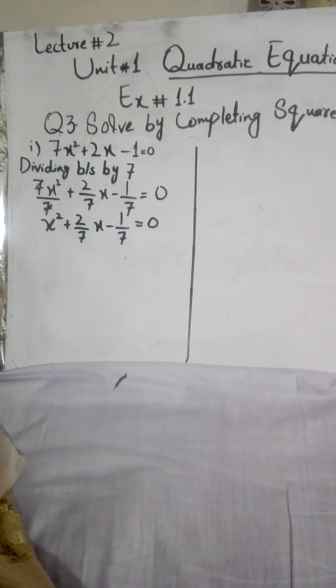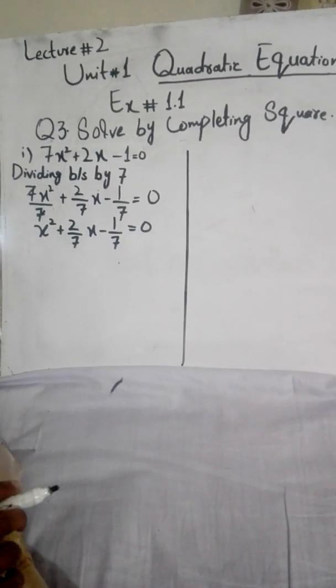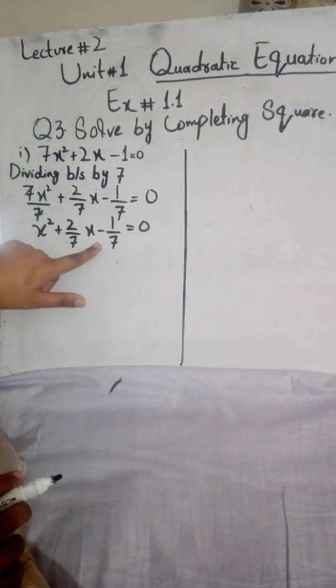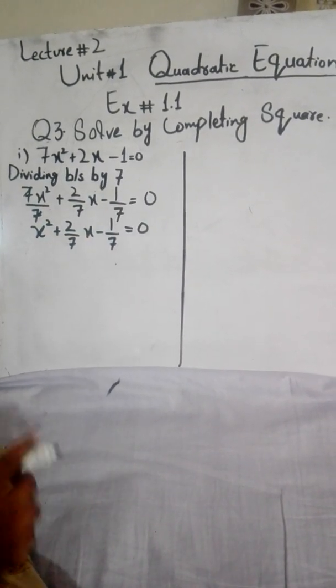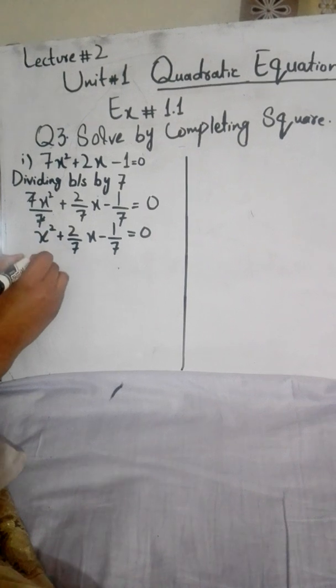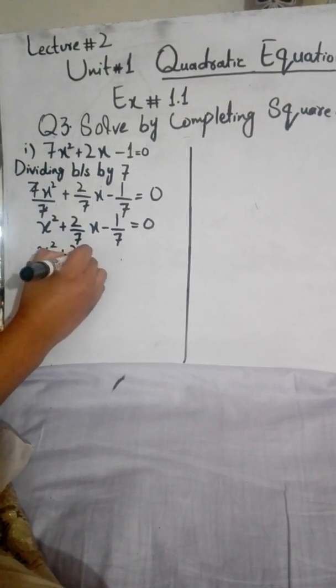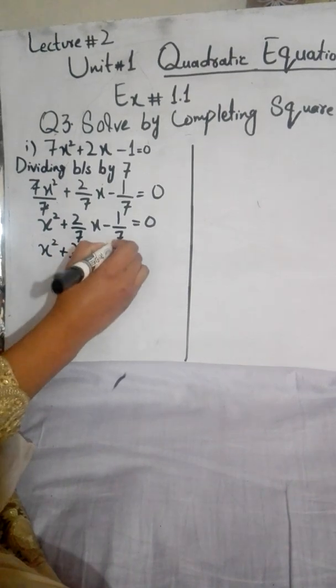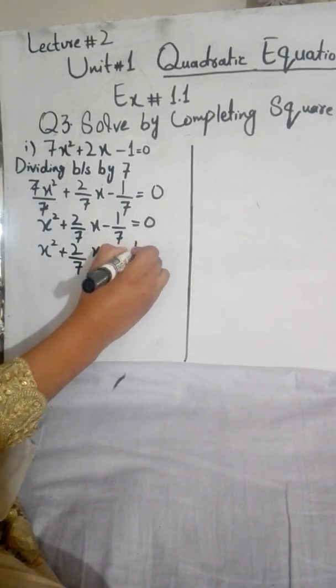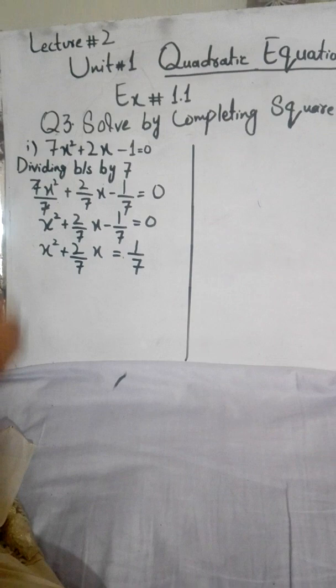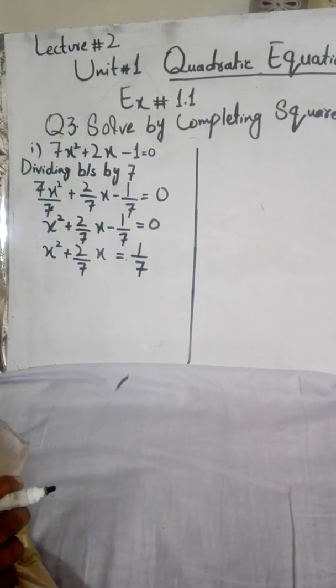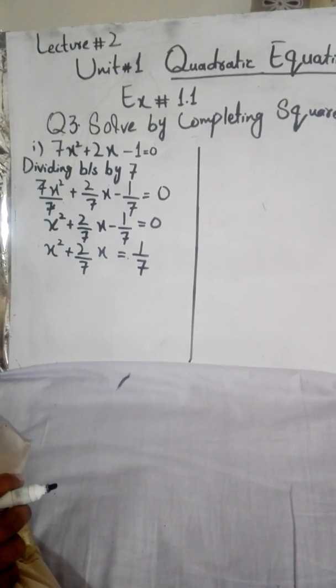Now moving towards the second step. The second step is shifting the constant to the right side of the equation. So it will become x square plus 2 by 7x is equal to 1 by 7. This is the second step. Now moving towards the third step, which is